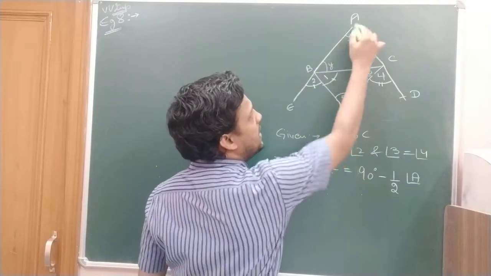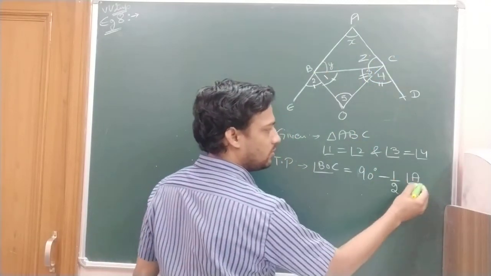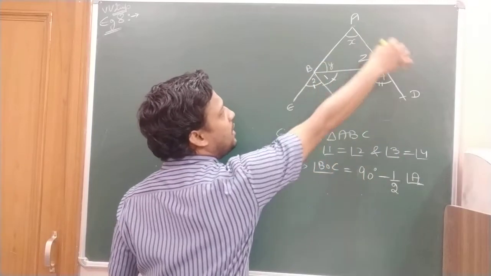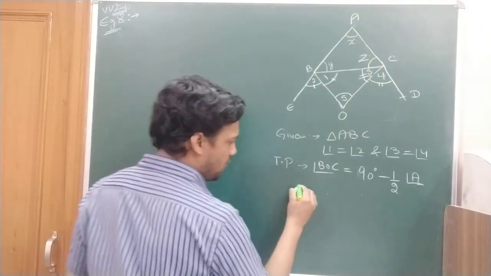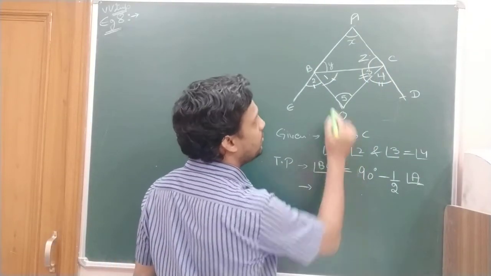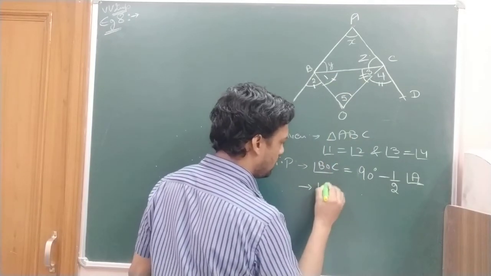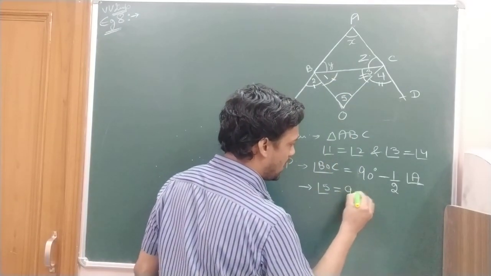Either angle A or BAC, you can write anything, because angle A is also BAC. Now if we convert this into numeric, BOC is angle 5. Angle 5 equals 90 minus